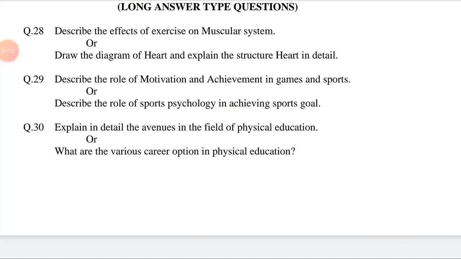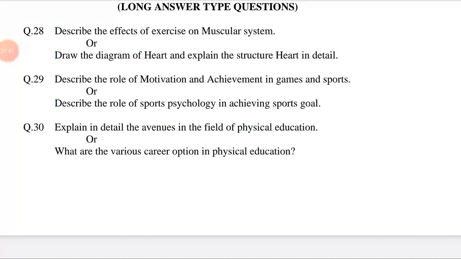Sports psychology means it involves the study of how psychological factors affect performance in games and sports. Achieving means attain. Sports goal means achievement in sports activities. This question is also related to chapter number 3, psychological aspects of physical education. The answer may be, write few lines about sports psychology, then its role in achieving sports goals such as number